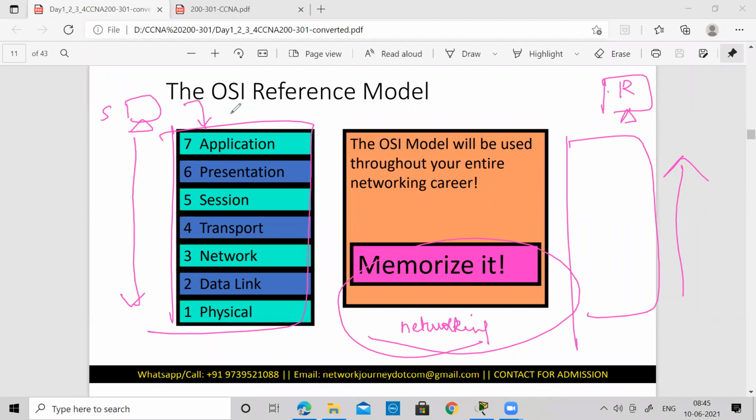For example, yesterday we saw that when we go to a website, there was a protocol named HTTP. Also, when we were resolving a name to an IP, there was a service which we used, that was DNS. Also, I mentioned that when you access your device remotely, because only at the starting time you do the basic configuration using a console cable, but most of the time we will have remote access to our device to see or modify the configuration.